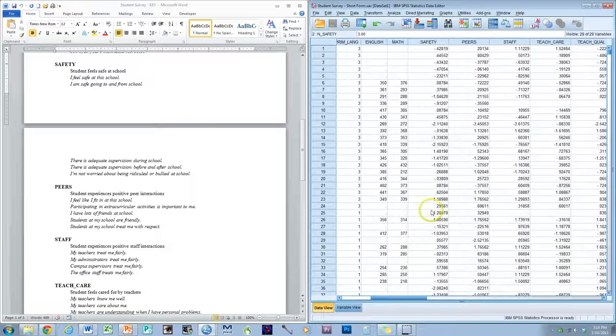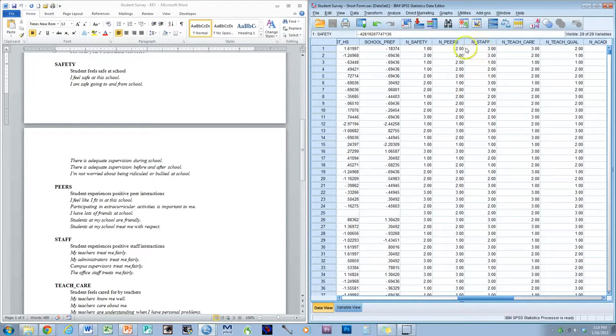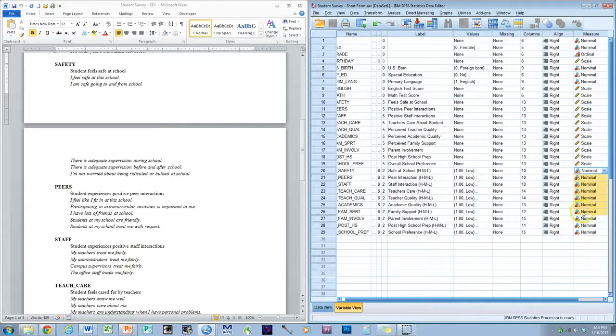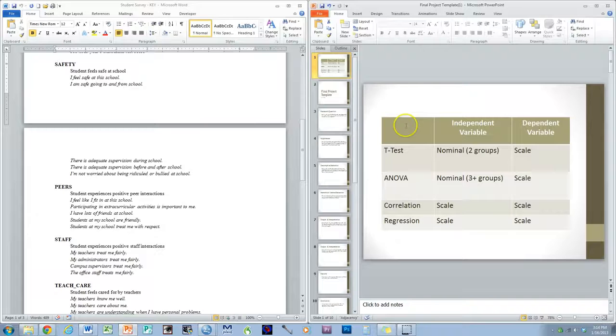So it should correspond to right here, -4. That corresponded with 1, right? So they feel on the less safe side. So why did I do this? Why did I give you the same variables in 2 different formats? Well, it depends. This gives you options on which analysis you want to run and how you want to set it up. So let's take a look at this.